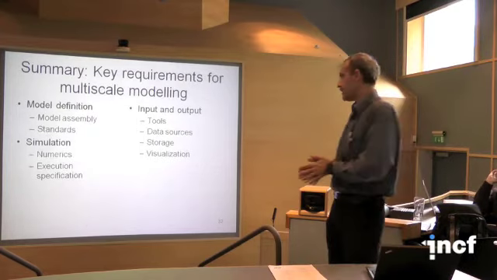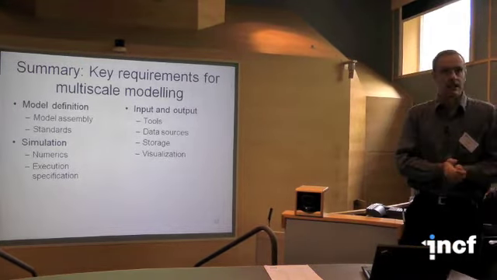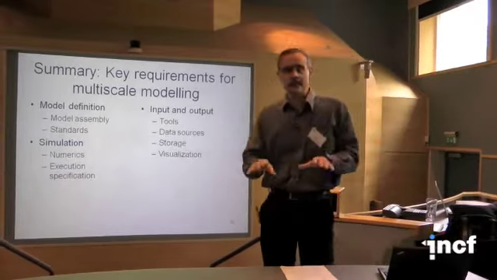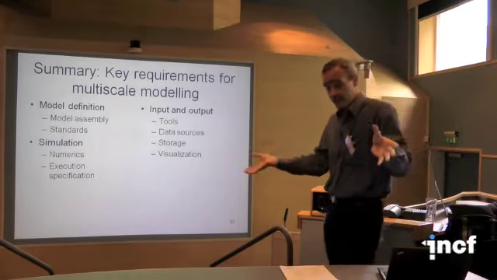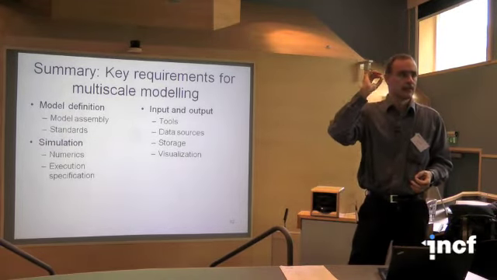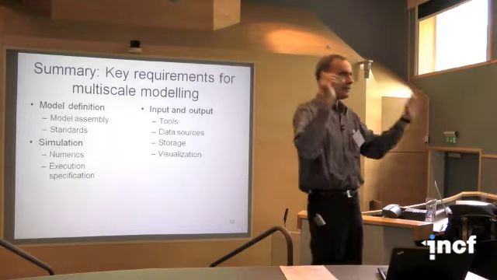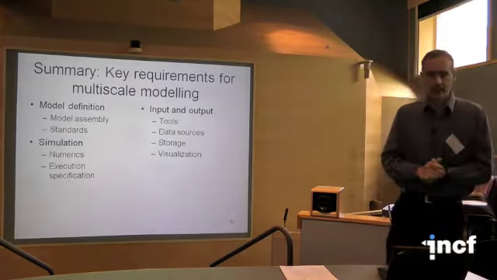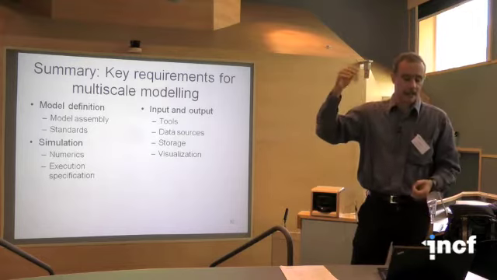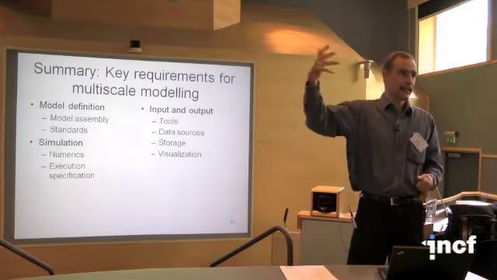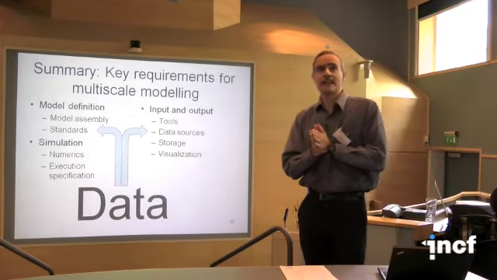Okay, so that really is it. I think what we really need to achieve in order to do all the wonderful things we'd like to do for multiscale modeling, we need to have good ways of defining models, which means standards. We need to have good tools for being able to do the calculations. And there's some mathematical elements there. There's a whole lot of computer science elements there. And we're trying our own little bit with the Moose project. And not to be forgotten, we need a lot of techniques for getting data in and out so that we can interface with it. And I'll leave you with one thought, which is that actually all of this is a